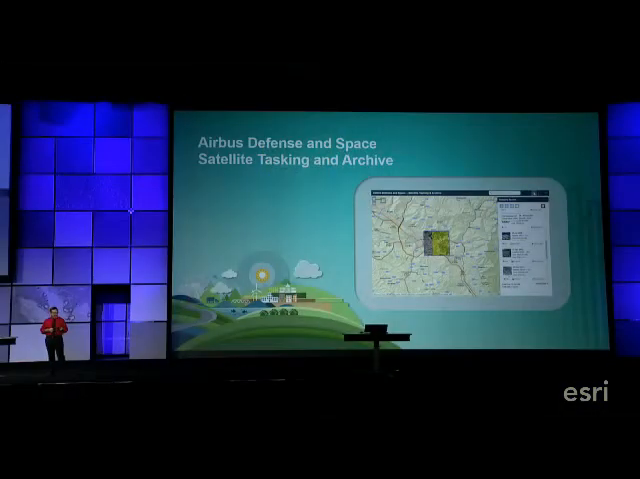Now, another way that we can acquire the data that we need is through vendors and technology providers, many of whom are already participating in the Esri marketplace. So make sure you visit that website. Airbus Defense and Space is one of those. Now, they're a world leader in providing Earth satellite imagery based on their access to the Pleiades, Spot, and other